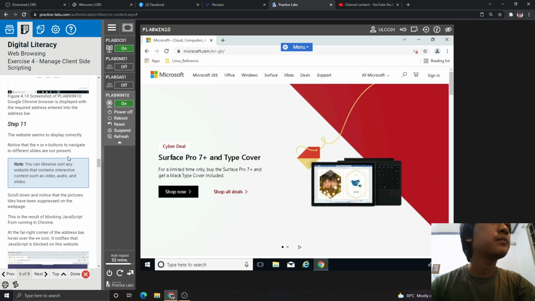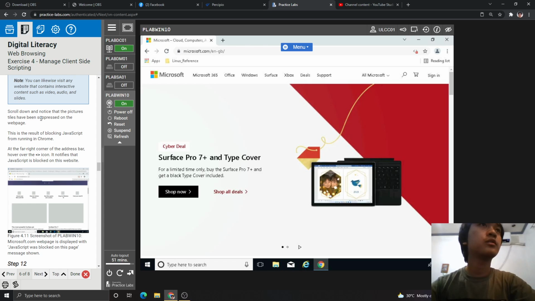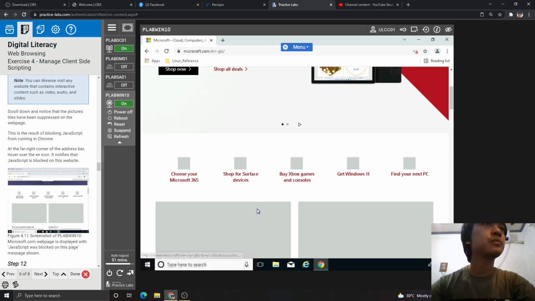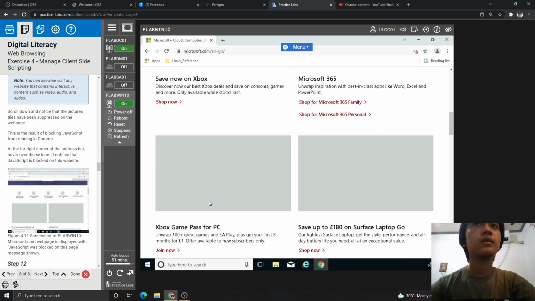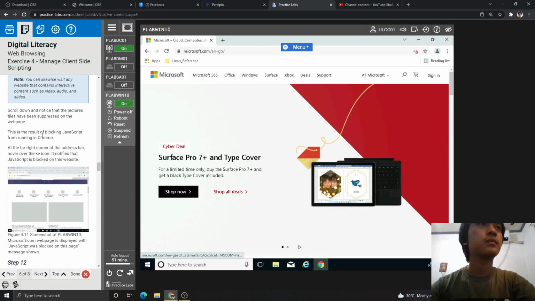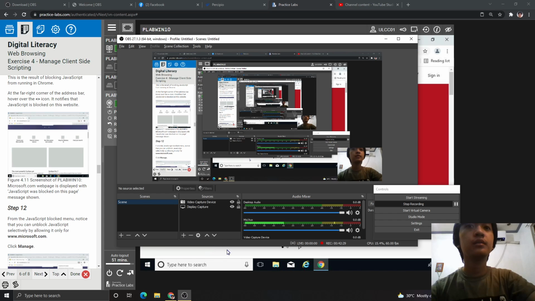Notice that the next button and plus button to navigate the different slides are not present. Oh, as you can see that. Then scroll down and notice that the pictures tiles have been suppressed on the web page. This is the result of blocking JavaScript from running